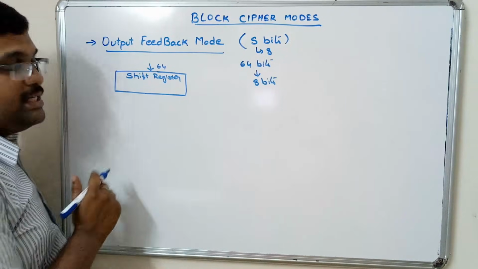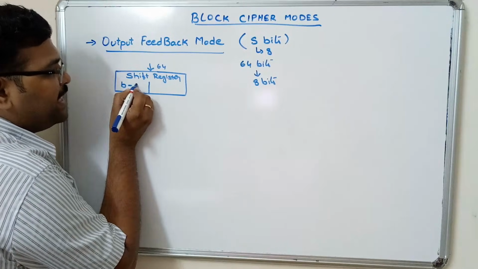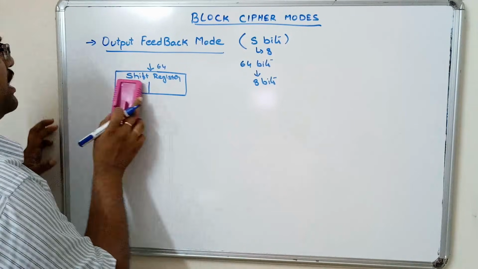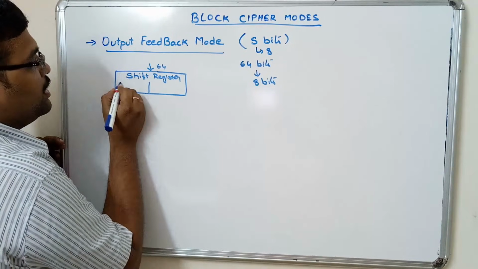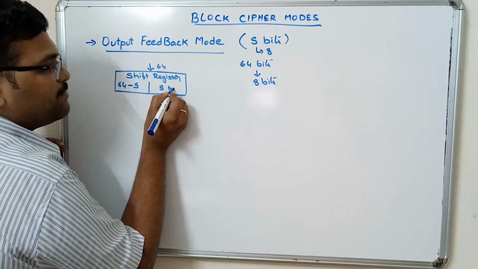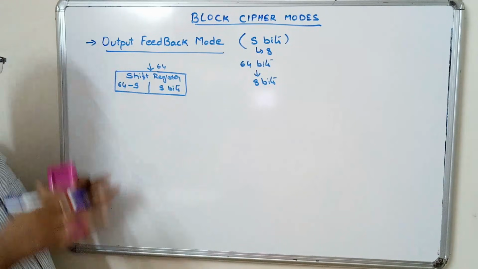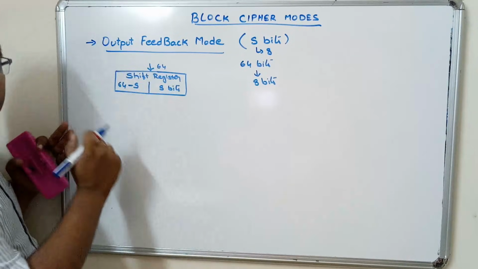Consider the 64 bits and divide that 64 into 64 minus S and S bits. So we should consider only S bits, right? This 64 again